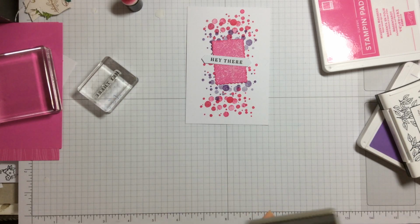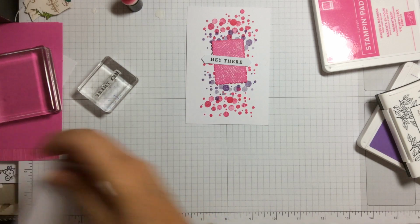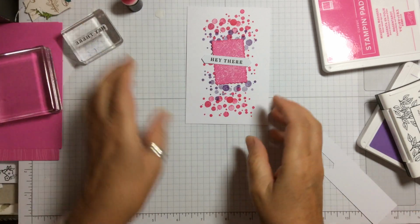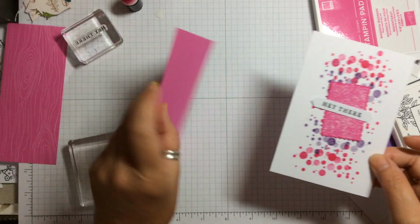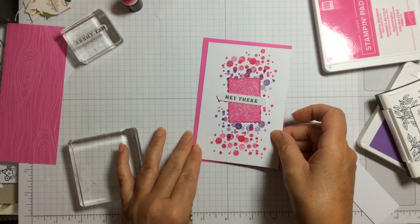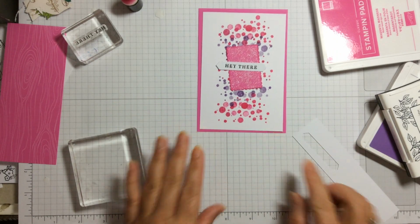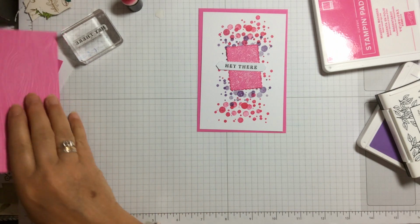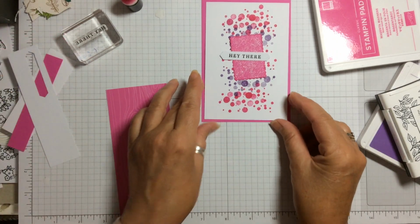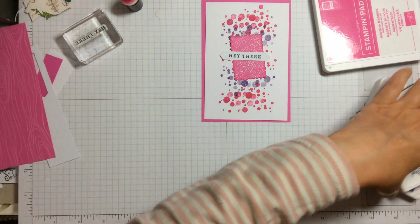And then we want to put something to add some little extra onto it. So if we put this on here, we'll put it all together in a minute. You can see that it is quite plain at the moment. So what we want to do is add something to it that'll make it a little bit more jazzy on there. So we want the same patterned paper,